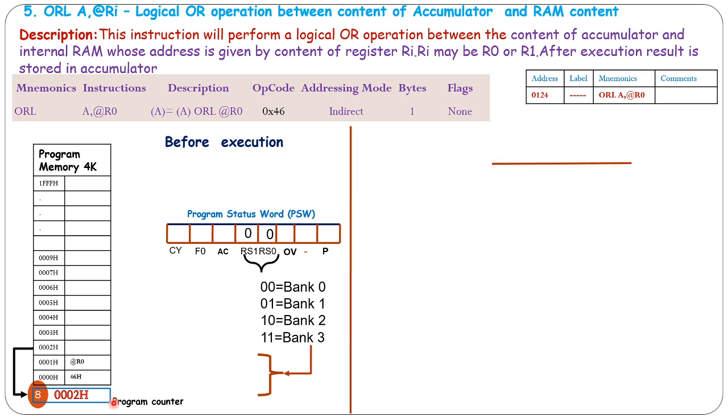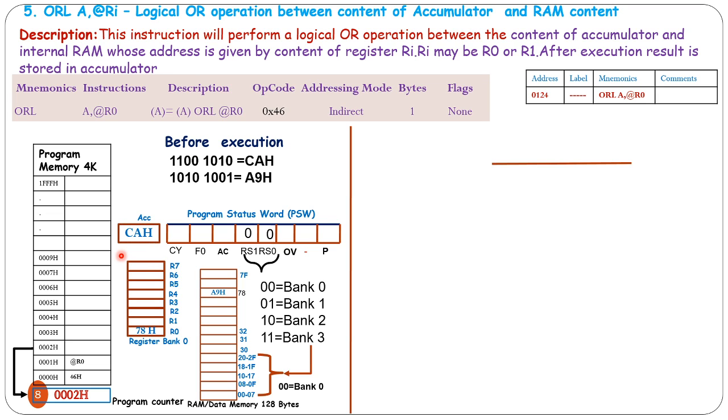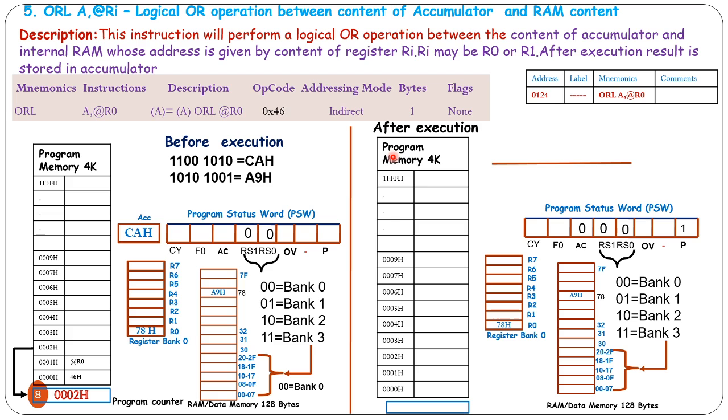So before execution, the content of random access memory that is indirectly pointed to by general purpose register R0, that is 78H, has the content A9H. And now this A9H and the content of accumulator, that is CAH, are logically ORed. So this is in binary format, content of accumulator CA and the content of random access memory, that is A9H. After execution, the content of accumulator now becomes like this: